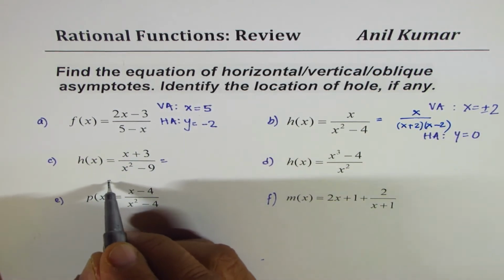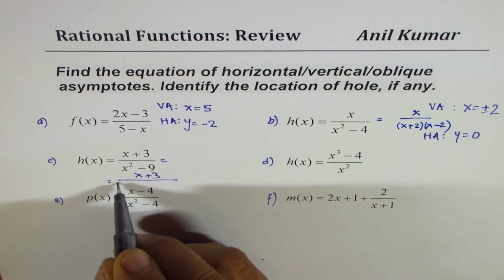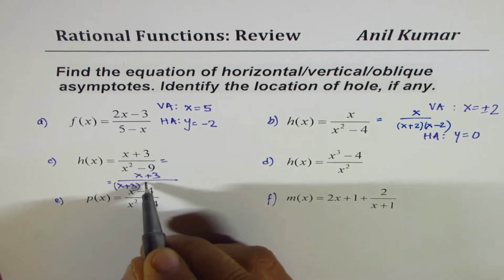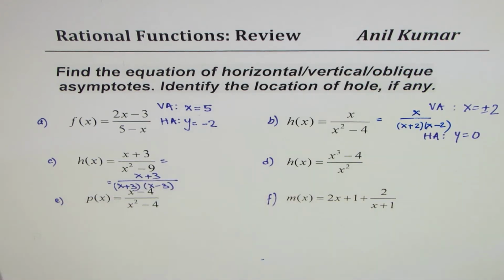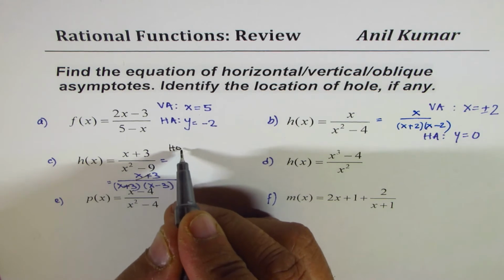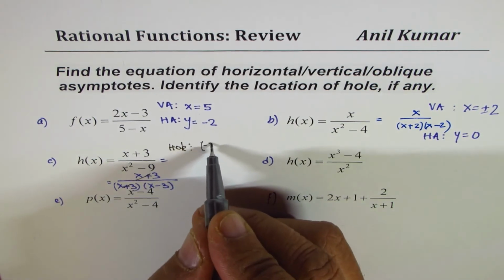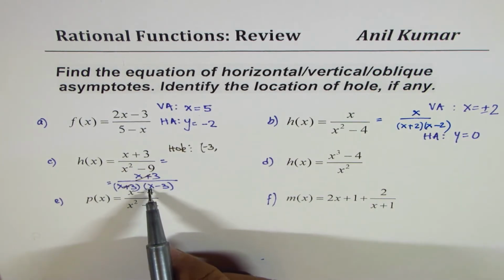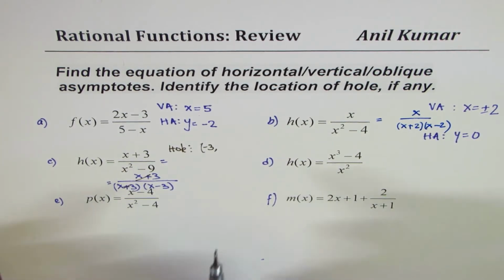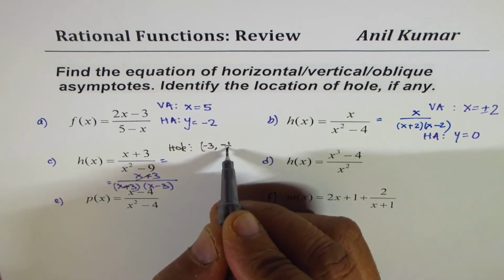Now in this particular case also, the degree of the denominator is higher, so we have a horizontal asymptote. Let me write this down. x plus 3 is the numerator. The denominator could be written as x plus 3 times x minus 3. As you can see, x minus 3 is a common factor. It cancels. So that means we have a hole at x equals minus 3. So the x value is minus 3. To find the y value, you have to substitute here. When you substitute minus 3, you get minus 6 in the denominator, or minus 1 over 6 is the